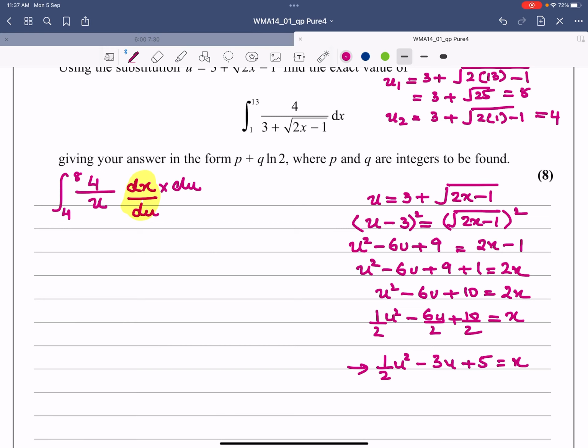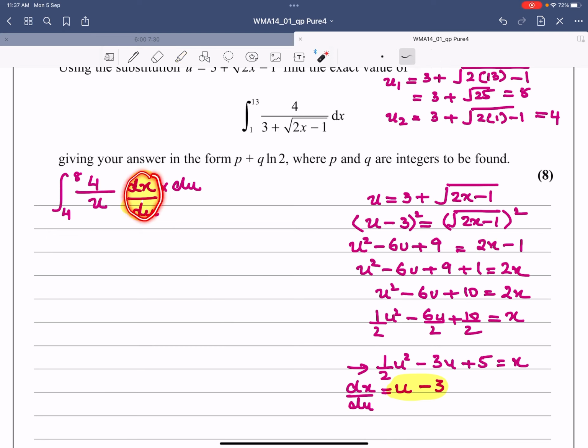So when we differentiate, we have 2 into half, which gives us 1. We reduce the power by 1, so we have u to the 1, or just u, minus 3. And that is my dx by du. Now I can just go ahead and replace the value of dx by du at this point